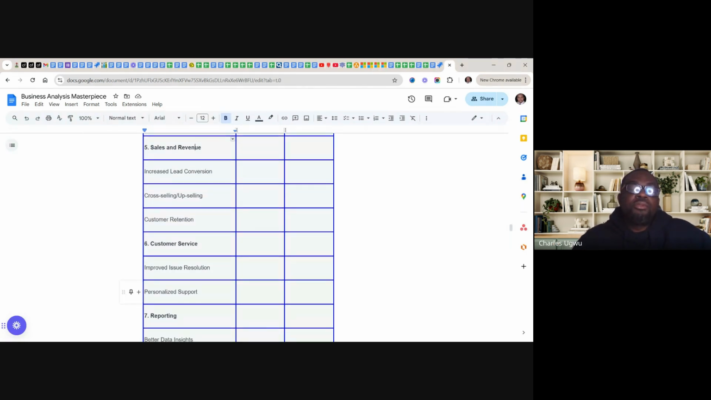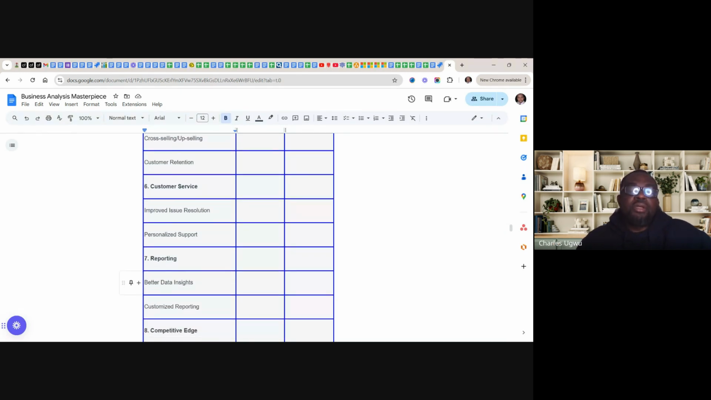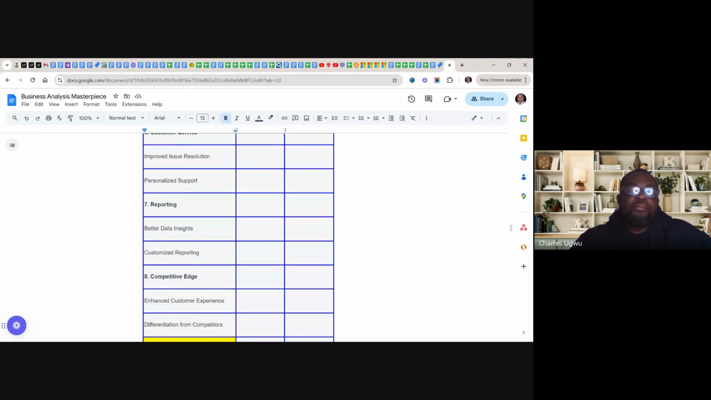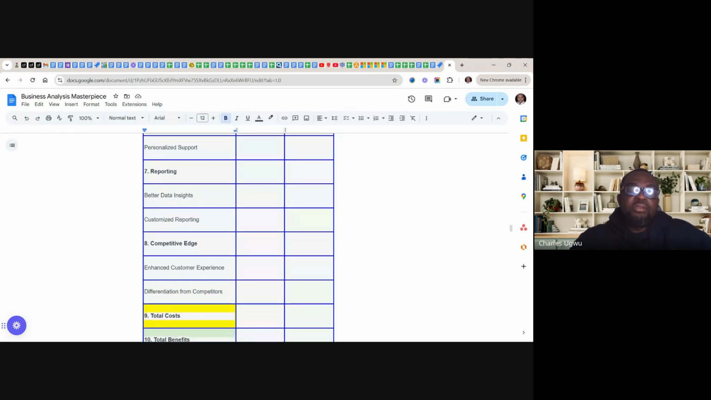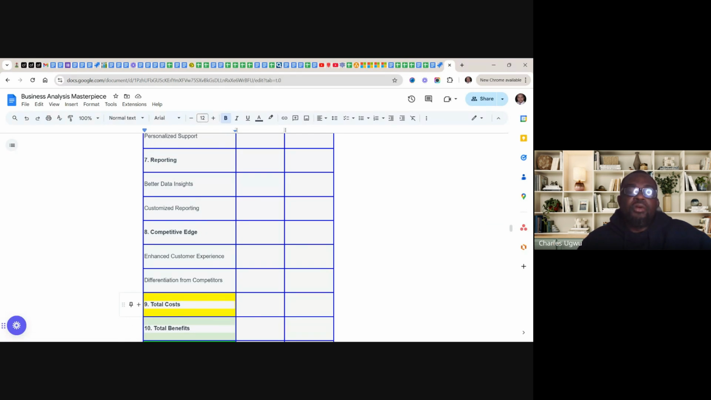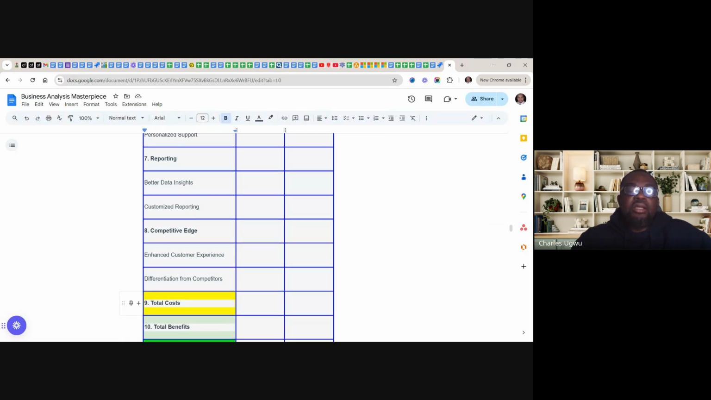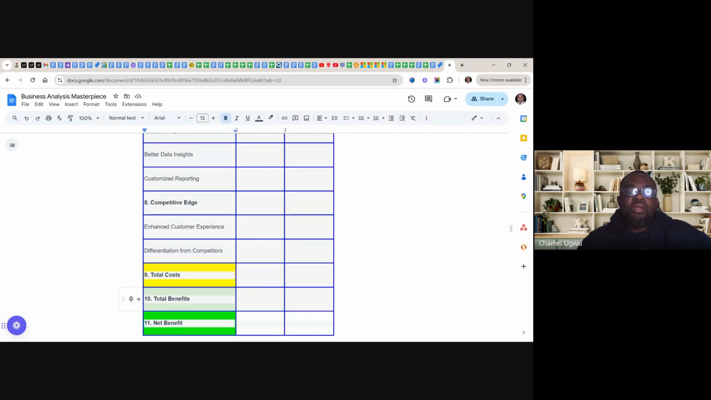So customer service: improved issue resolution, personalized support. And reporting: better data insights, customized reporting. Competitive edge: enhanced customer experience, differentiation from competitors. At the end of the day, you see the first column is the cost and the other